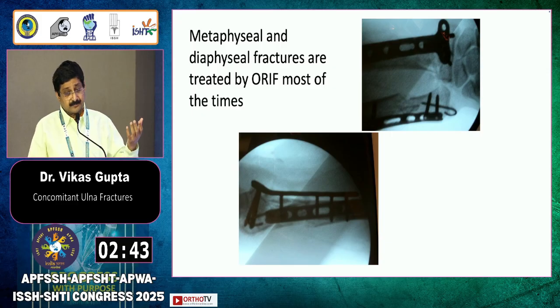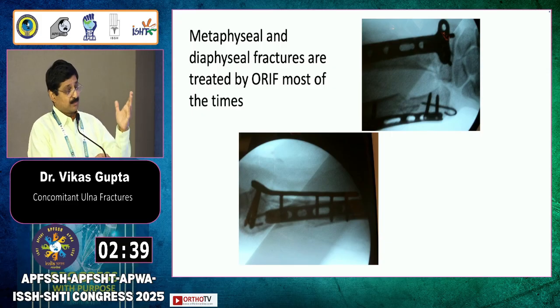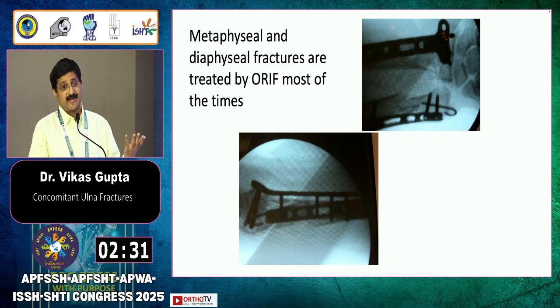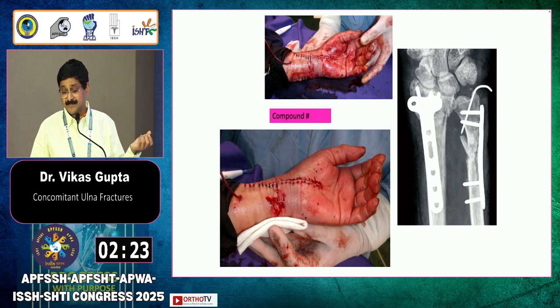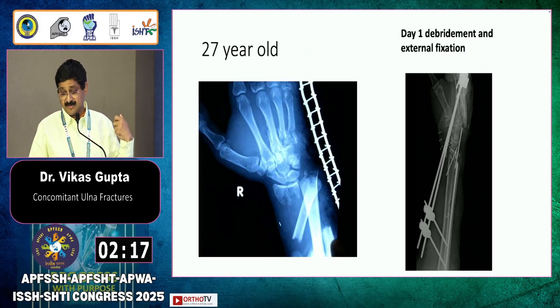Now I'll come a little bit away from the joint, to metaphyseal fractures. Metaphyseal fractures, we treat just like any other ulnar fracture, independent of the distal radius fracture. If the fracture is unstable, we do the fixation. If it is something like this, using a plate or maybe a wire, and maybe with the help of a K-wire, we can fix the styloid also. Another patient in which